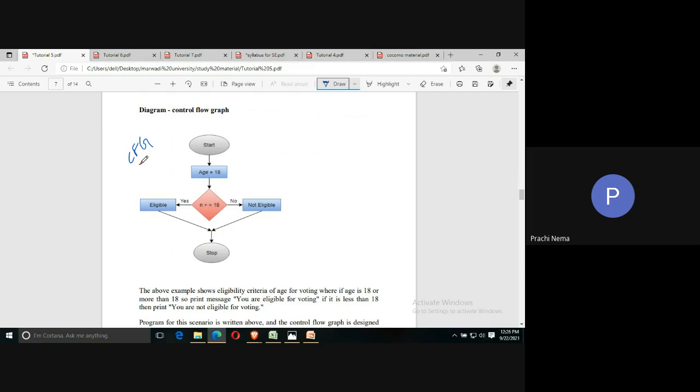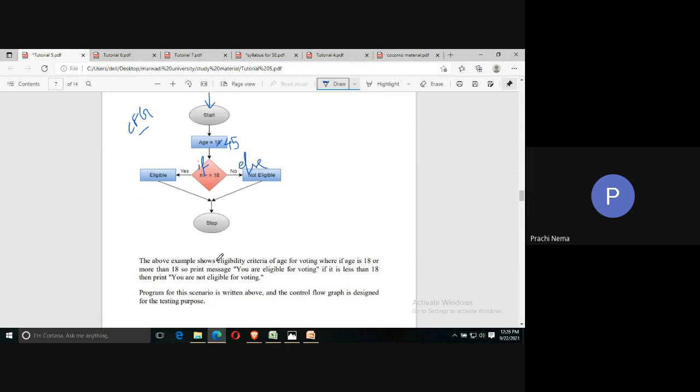So the control flow graph for that particular block of code is, we will start with the entry block, then the age is initialized to 45, not 18. Then age is tested in this if. So if age is greater than or equal to 18, then this will be executed. Otherwise, you are not eligible. And then it will end up at this junction node or the exit block. So this is how simply you can draw the control flow graph.